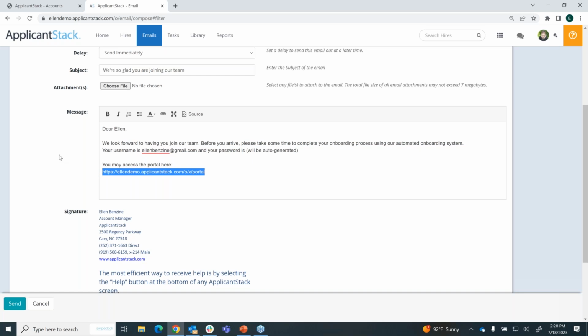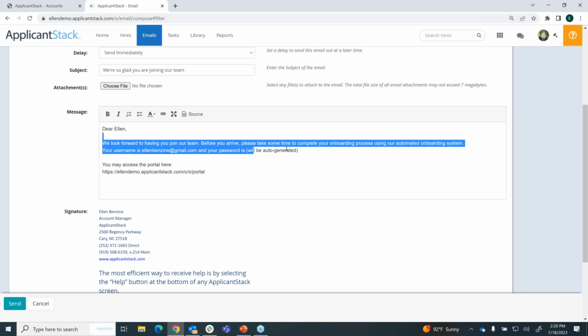So when the new hire gets this email, they'll see the link, they'll see their username and password, and begin their onboarding process. And this message here can be modified to suit whatever messaging you want to promote during this welcome to onboarding process. So once I send this,